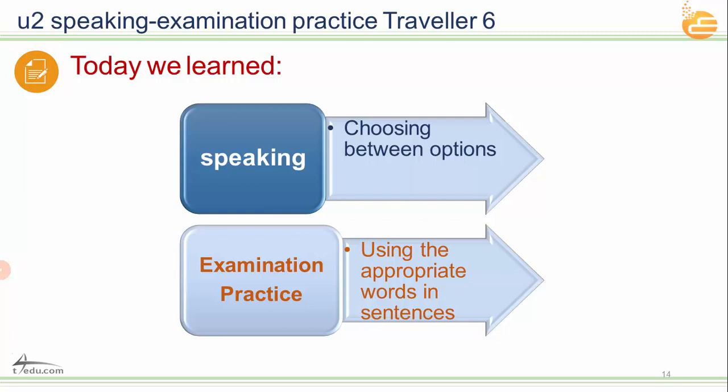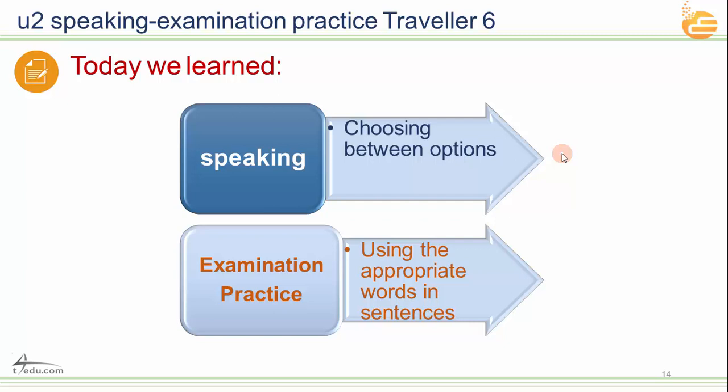So that was quick. So what have we done today? Today we have learned some speaking and how we choose between two options. Most of the time it's a controversial idea for speaking. Some may choose this kind of situation, others would choose the opposite side, or sometimes you find people in the middle. So this is how we reach our decision.